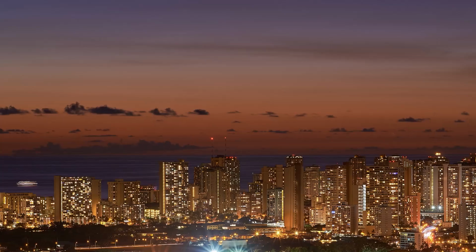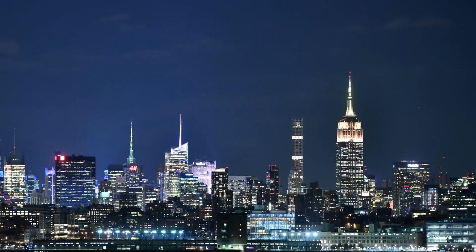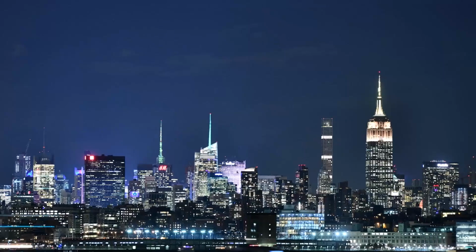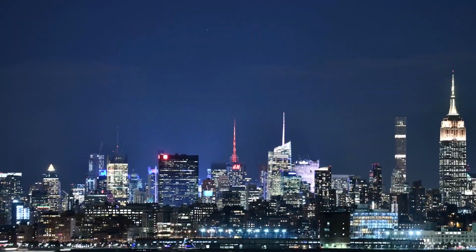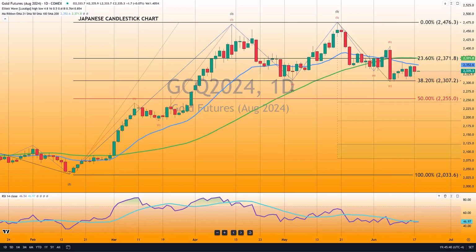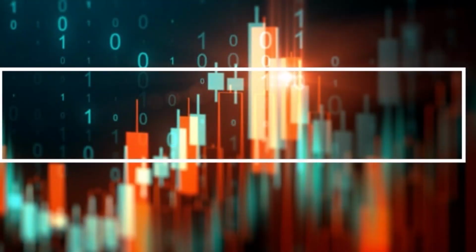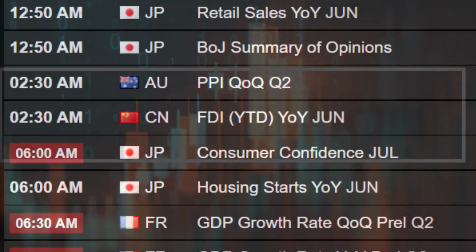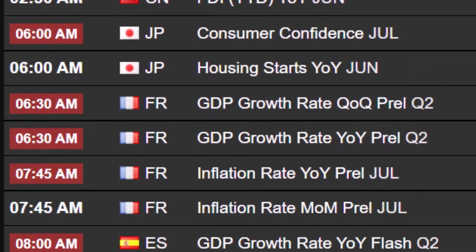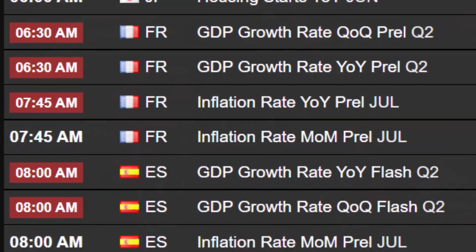The following is a special edition of the gold forecast for Tuesday, June 18th. Traders, it is good to be back, and after being off for a large part of last week, it allows me to look at this gold chart with fresh eyes. And what jumps out at me is, even though last week was filled with lots of fundamental events, the conclusion